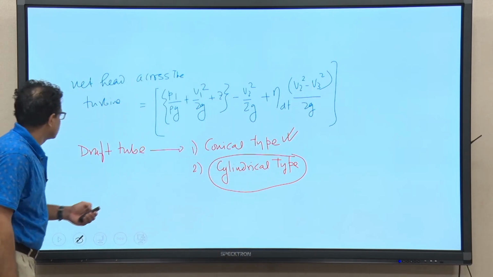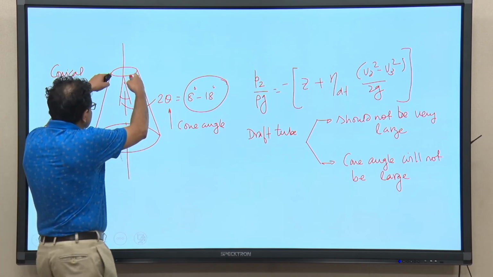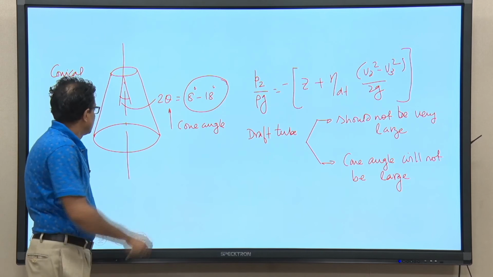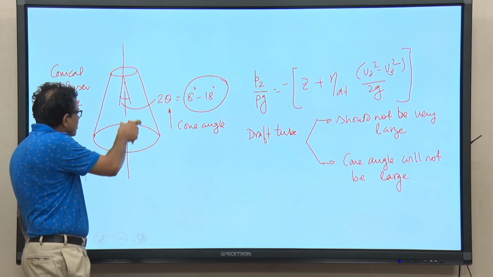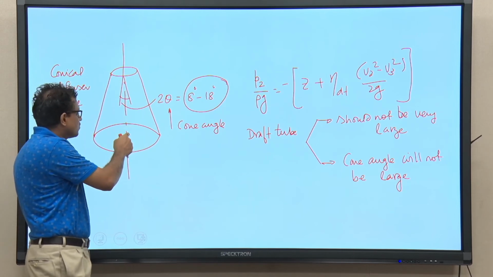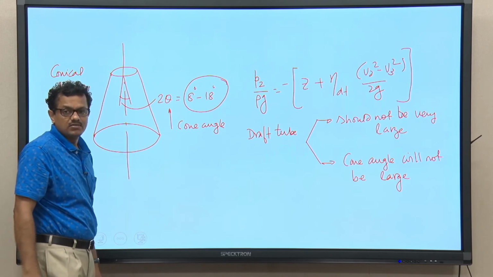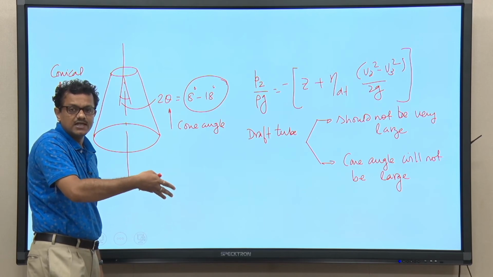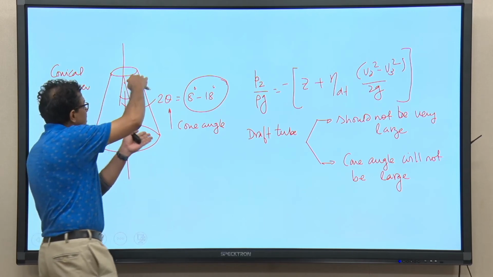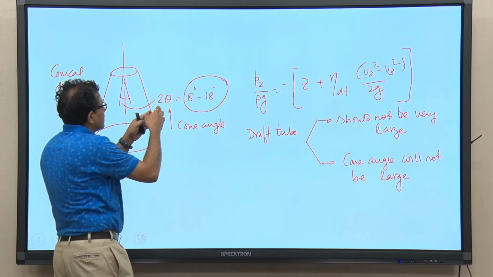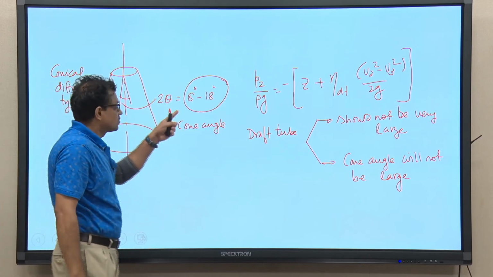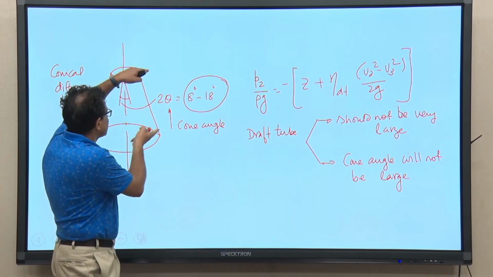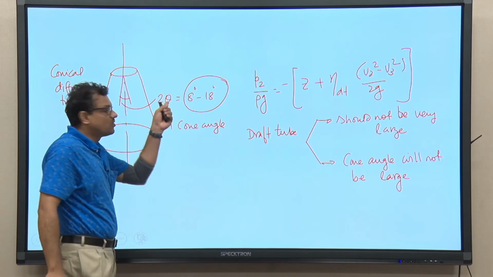So, we should have a confinement, and in the direction of flow the area will increase. So, we would like to have a very small V3. At the outlet of the draft tube the velocity would be almost equal to 0, if it could be made possible within a given length. If you would like to have very small V3 for a given length, then definitely the cone angle will increase.